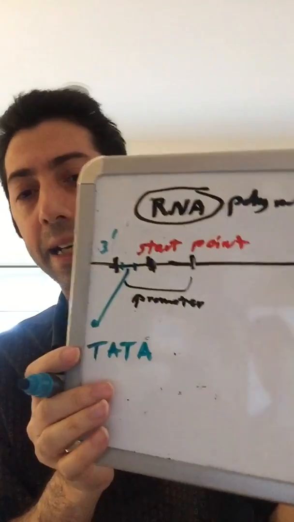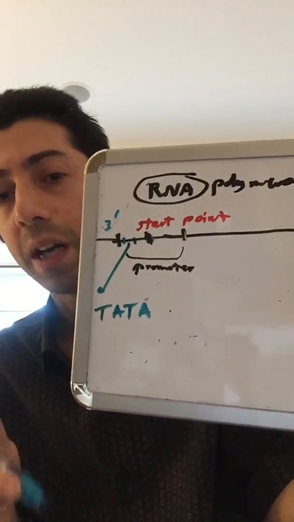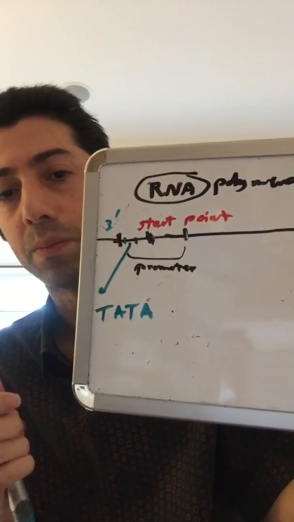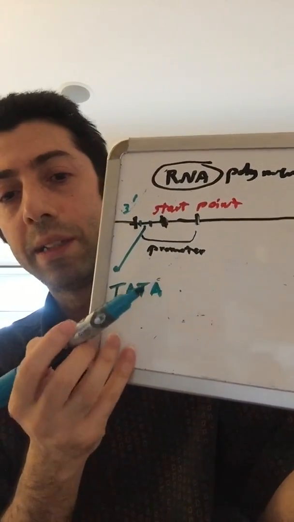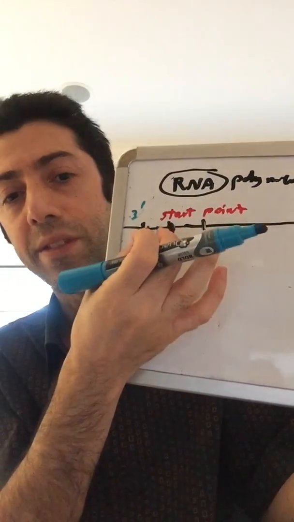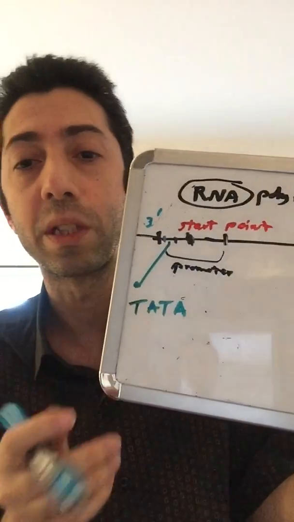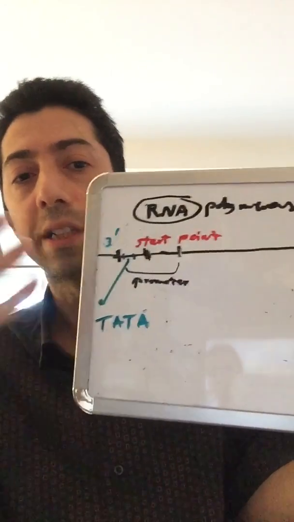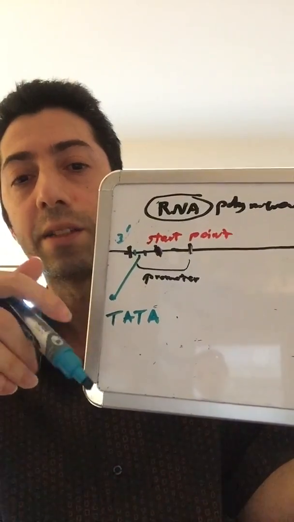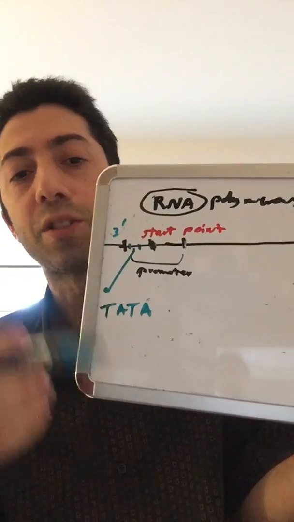We're talking about eukaryotic transcription. This sequence here, upstream to the start point, will be recognized by some factors, and RNA polymerase will dock near that site. These are the factors that the RNA polymerase will recognize and start the